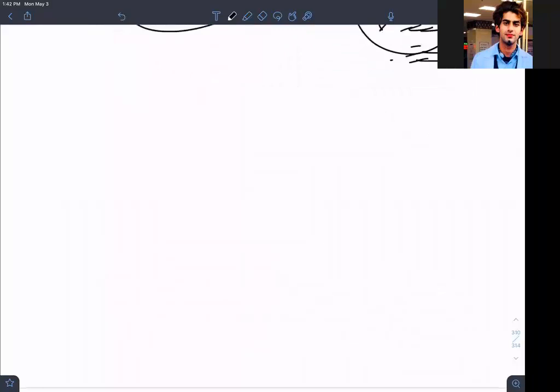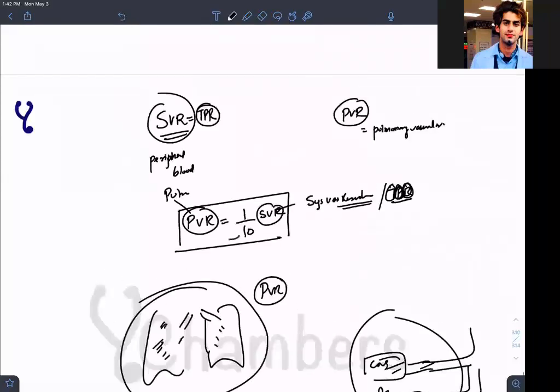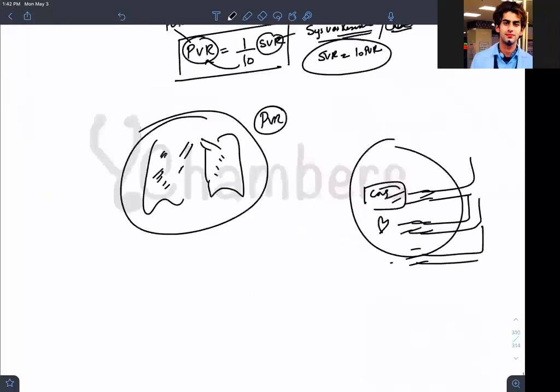Now, PVR is 1 by 10th of systemic resistance. That means, if I am a mathematical student, SVR is 10 times PVR. SVR is 10 times PVR. Easy. Now, if you want to decrease the pulmonary vascular resistance,